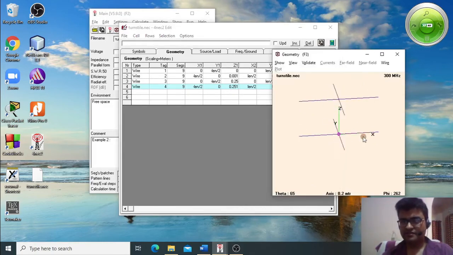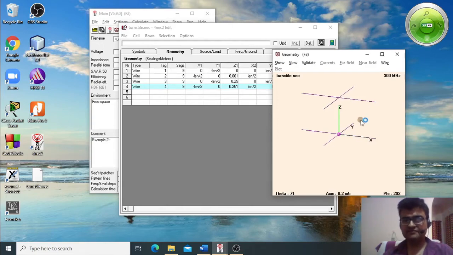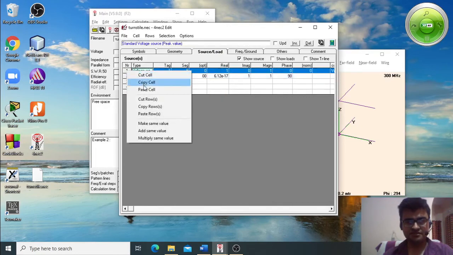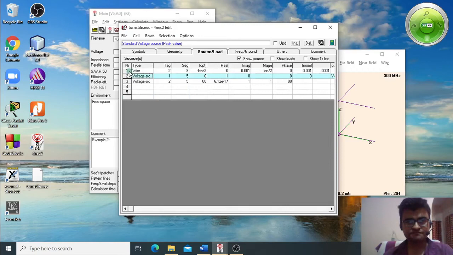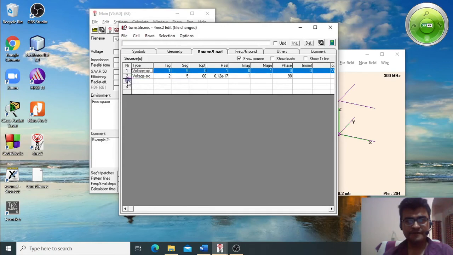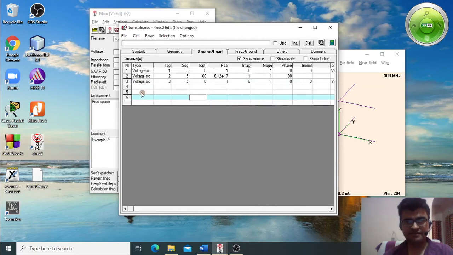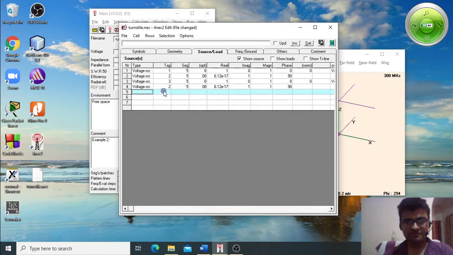Yeah. Okay, so there we have two turnstile antennas, the spacing as lambda by 4. So let's supply our top antenna also. For supply also, we'll do this copy paste thing. Sorry, we'll copy and paste and rename the third antenna, because we are supplying the third antenna. So for the third antenna, just name the tag and copy the second supply to the fourth supply and name it as